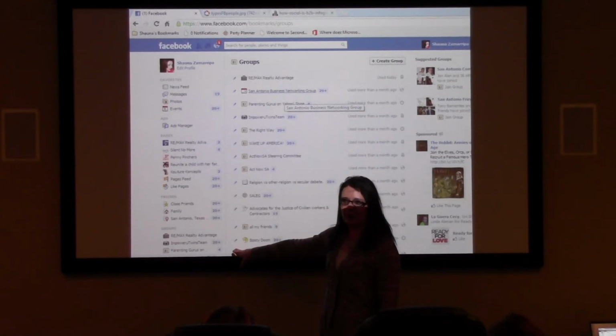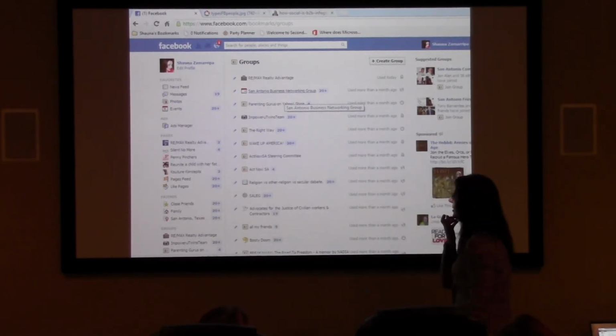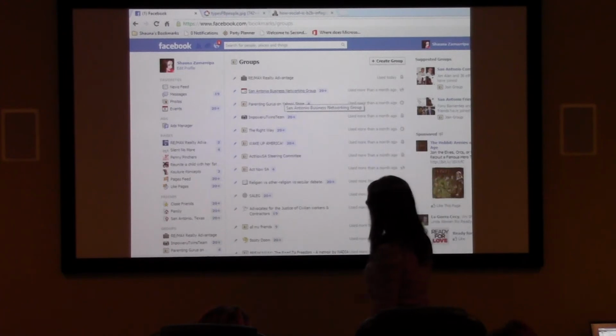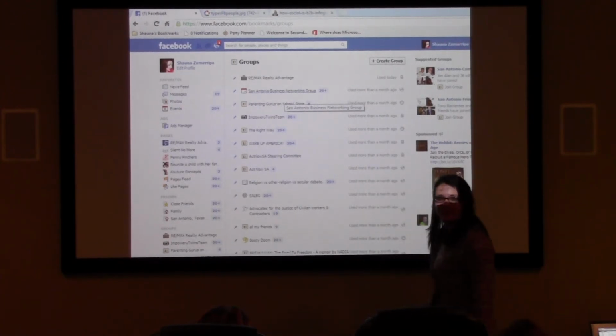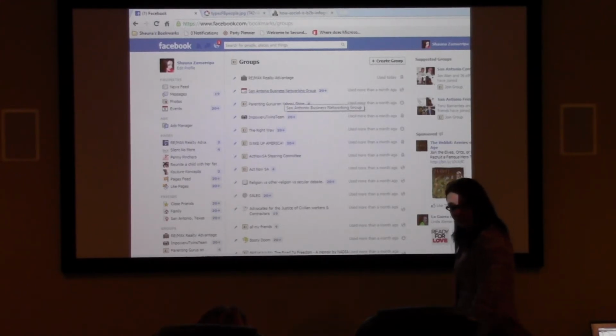So you can leave the groups here. You go to this little pencil, and you say you want to leave the group, and you can leave the group or whatever you want to do. A lot of these, the groups I use are up at the top. The rest of it, I don't even know. So they're not groups you created? No, they're not groups I created. They're groups I've been added to.